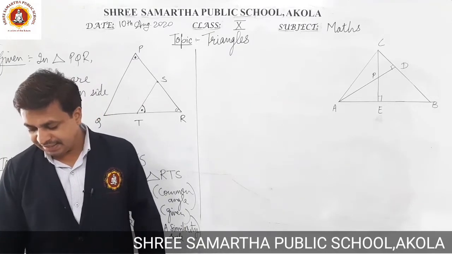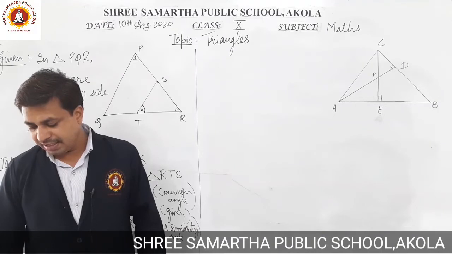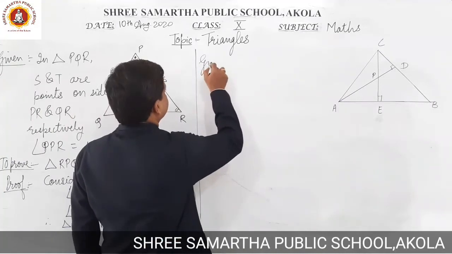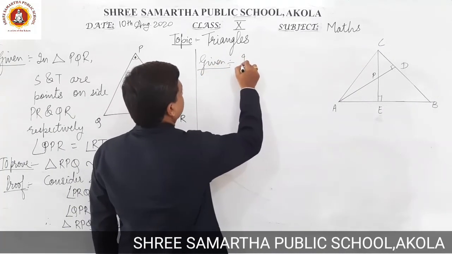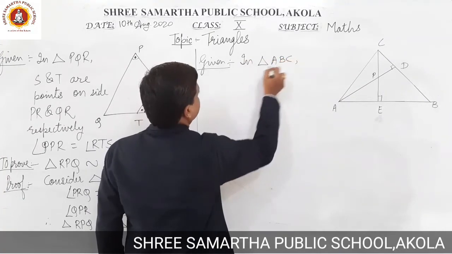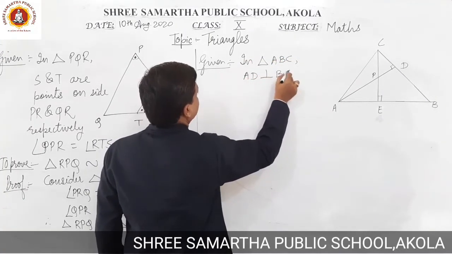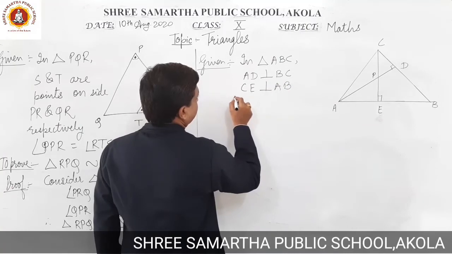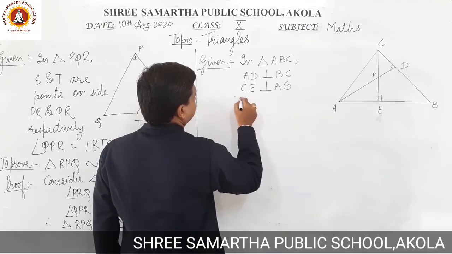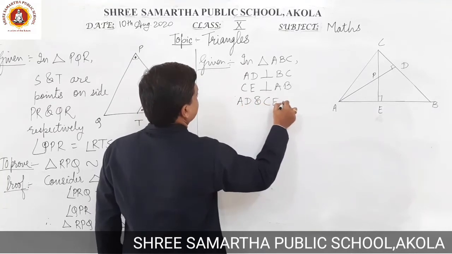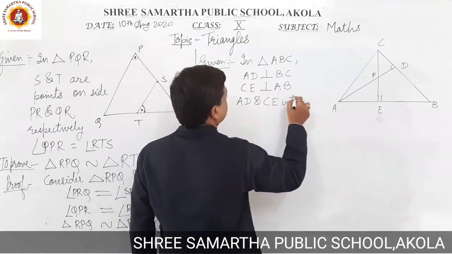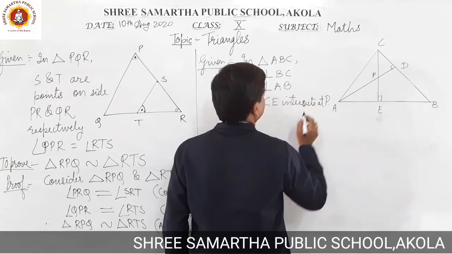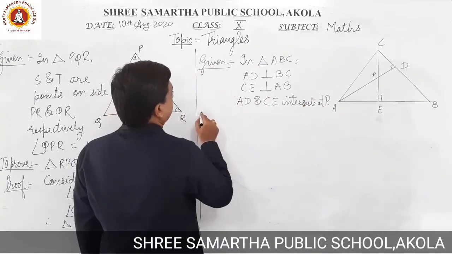AD and CE are altitudes of triangle ABC which intersect each other at point P. Given, in triangle ABC, AD is perpendicular to BC and CE is perpendicular to AB. AD and CE intersect at P. To prove,